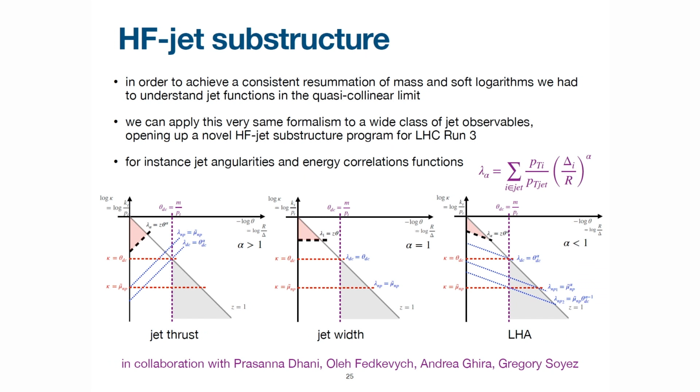these are sums over all the particles in the jet of the pT of the particle divided by the pT of the jet, weighted by the opening angle in eta-phi of each particle with respect to the jet axis to some power. So alpha equals 2 is usually called jet thrust, alpha equals 1 jet width, and alpha equals a half is the resolution angularity. So these have been studied, computed, and measured at the LHC for light jets, and now we are